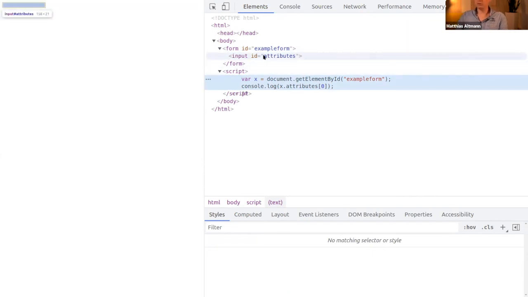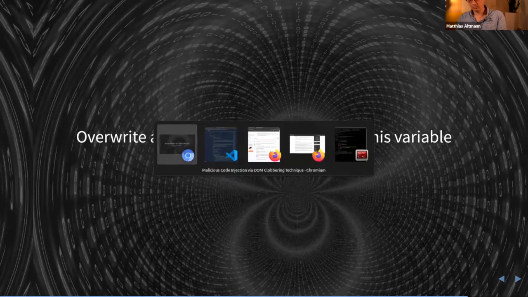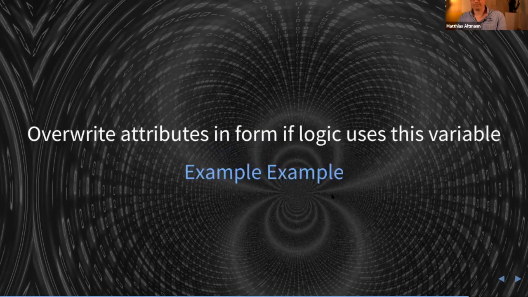If we have a loop which normally uses a specific length, and it gets a length of undefined, it will skip it, and all the stuff which would normally be thrown away is now inside, and we could inject the stuff. This is the second example in PortSwigger. If you go to the labs, yeah.